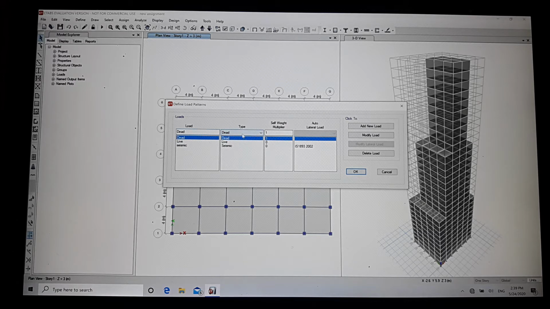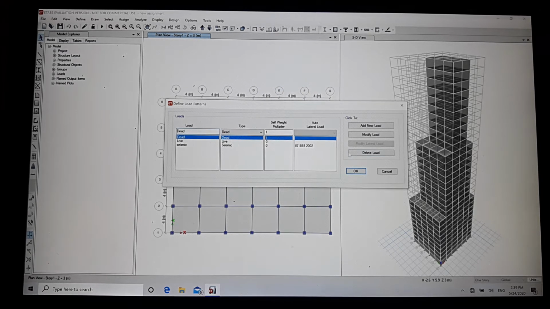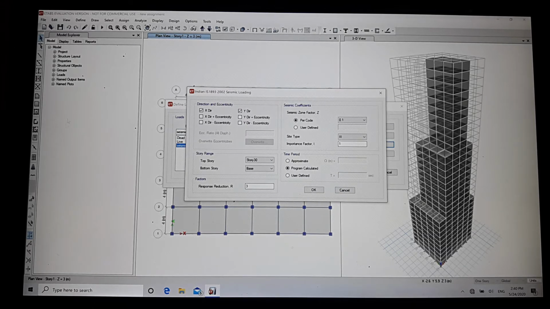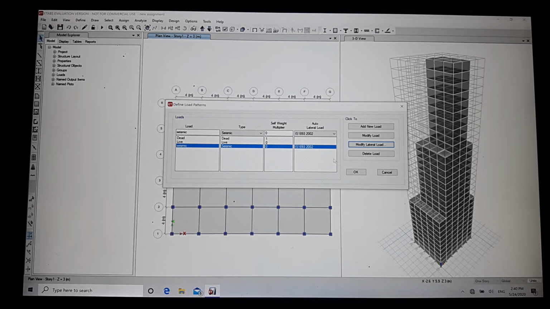Select the type seismic load and IS 1893 2002, and then click to add new load. Then fill the data as per requirement from IS code. Then click on OK. Once again click on OK.